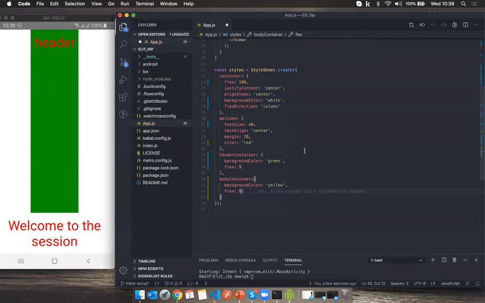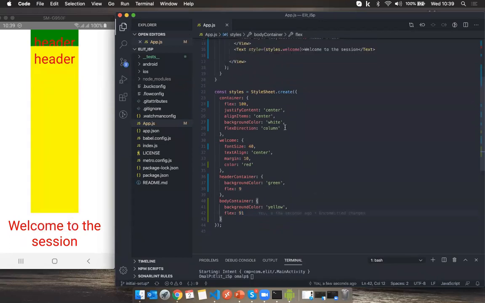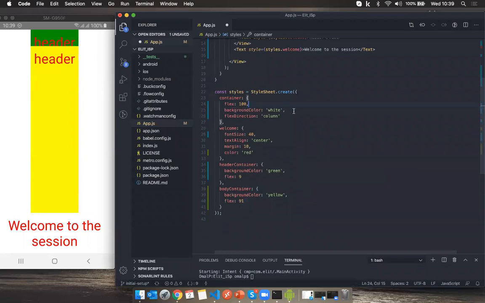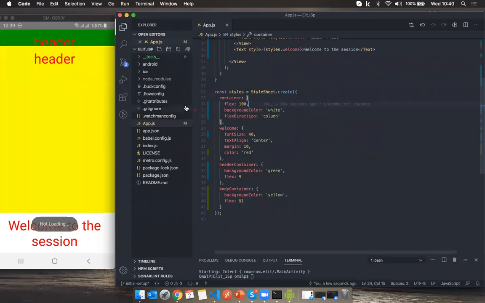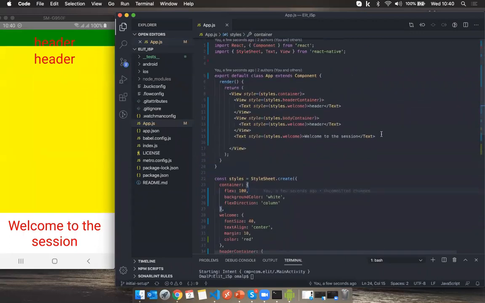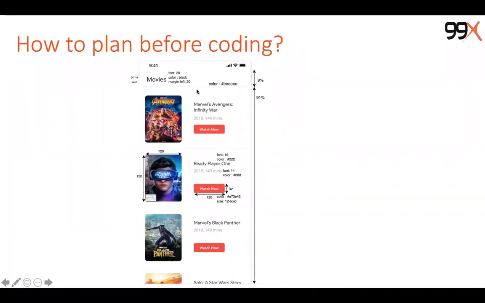Okay, we should get rid of these two spaces. So let's remove. All right, so we can remove the welcome to the session part. Okay, so we got something similar to the design.